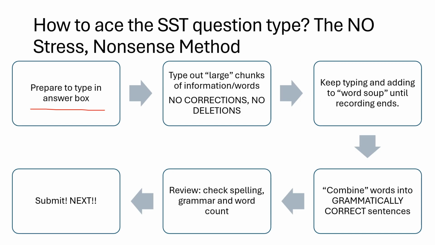All right? Now, this is the tough part. You are going to type out large chunks of information and words. See, notice how I wrote information or words. I don't need you to get exact phrases. Sometimes you may hear 6 out of 10 words. Of the 6 words, you managed to type 4, but they're not 4 words in a row. They were just 4 words randomly placed within those 10 words in a sentence. I don't mind any of that, okay? It's all good. What I want you to do is just to type out large chunks of information or words,